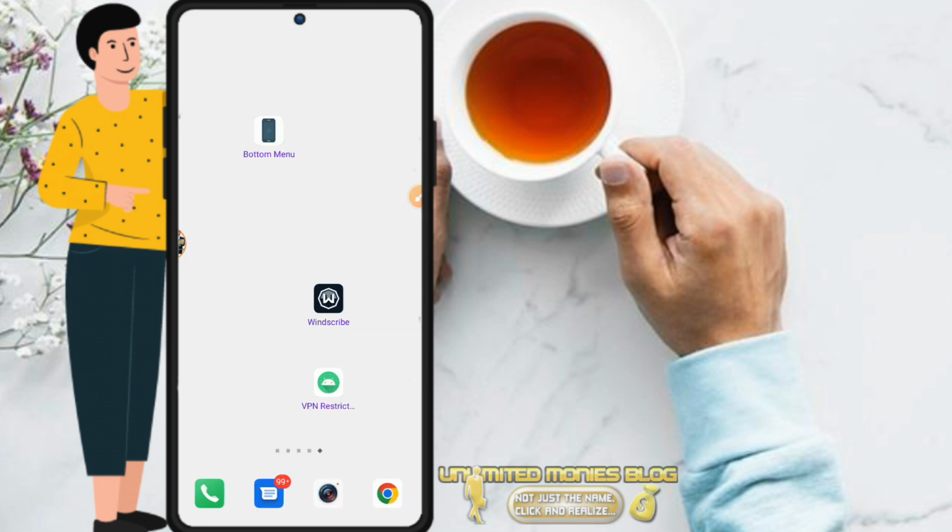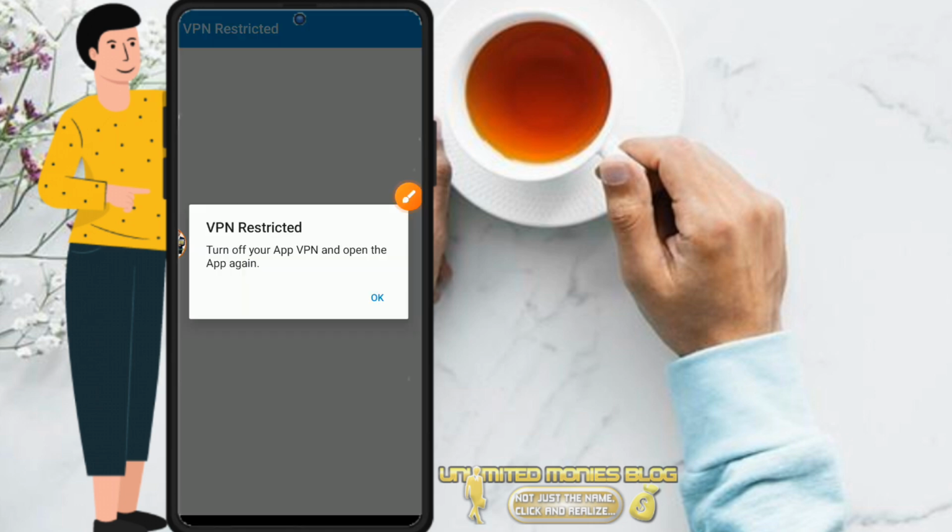So I minimize the thing. I will go to the application. This is the app here. I open the application. As you can see, the dialog here is showing to me that VPN restricted. Turn off your VPN and open the app again. As you can see,